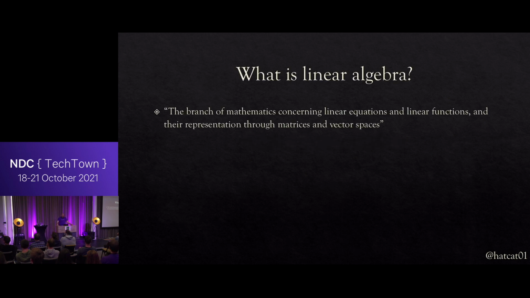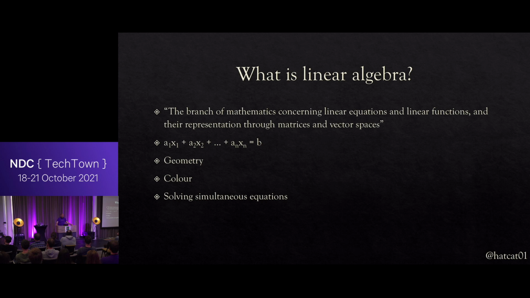What is linear algebra? It's the branch of mathematics concerning linear equations and linear functions and their representation through matrices and vector spaces. So a linear equation looks like this. It's the sum of some products of coefficients and unknowns, and it has application to geometry for modeling the Cartesian representation of space. Color is typically represented as a triple of values. You're probably all aware of RGB. Some of you might be aware of HLS. And there are useful things you can do when manipulating color spaces. An awful lot of errors are made here.